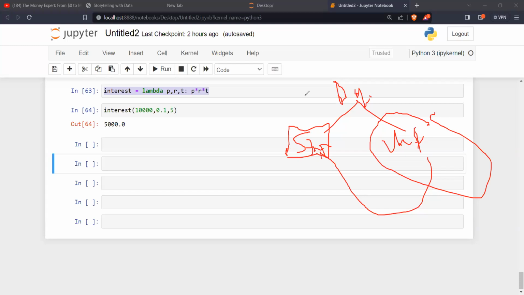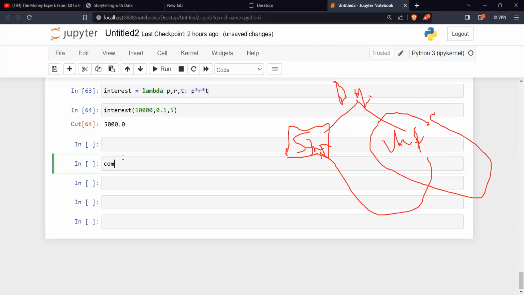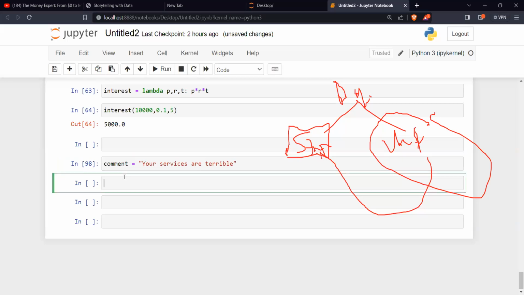Just imagine that, for example, this was a comment they have made. Maybe they say, your services are terrible. Can you see that? Your services are terrible.